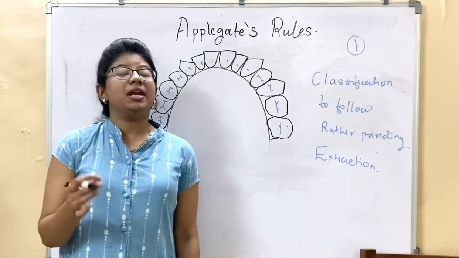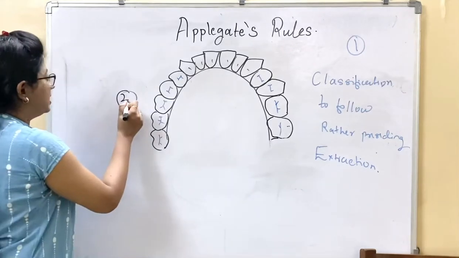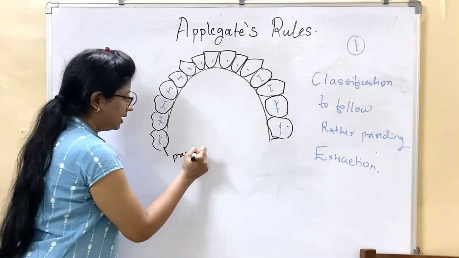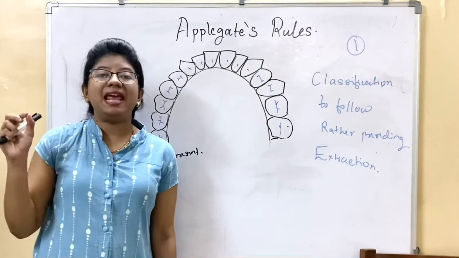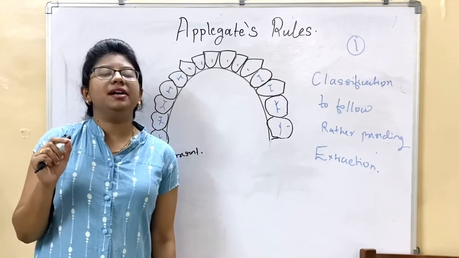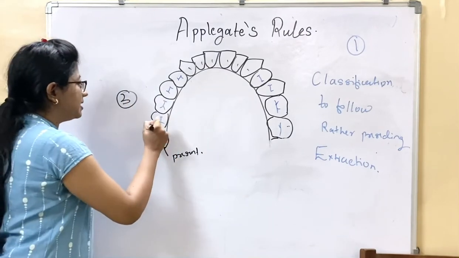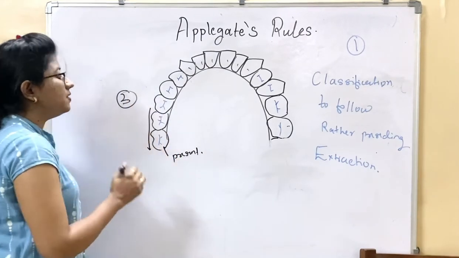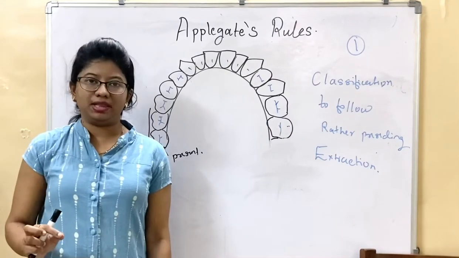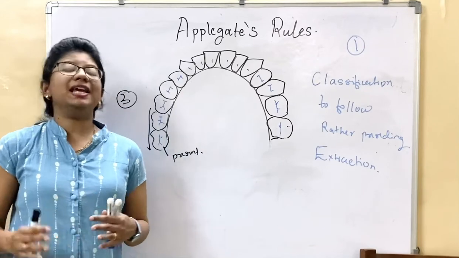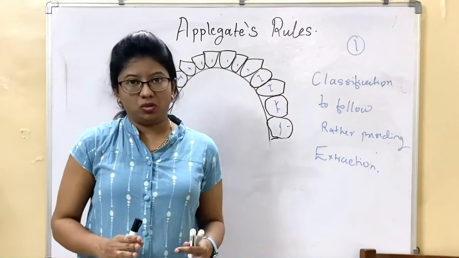Now the rule number 3. What does rule number 3 say? It says if the third molar is present and is to be replaced, then it is considered in the classification. That means our classification will start from this area. That is, we will be including the third molar in the classification. It will get easy as we go through all the 8 rules. First try to understand the rules.